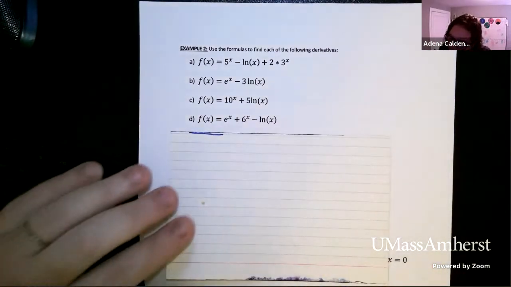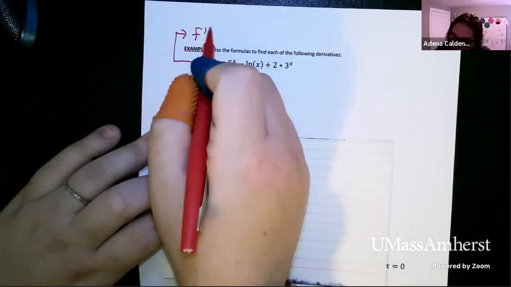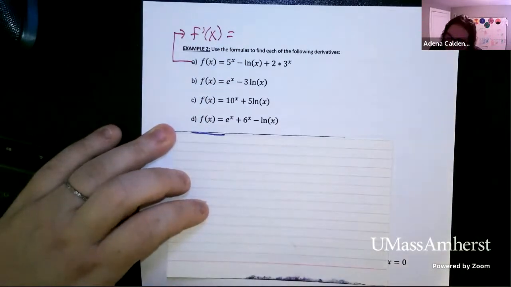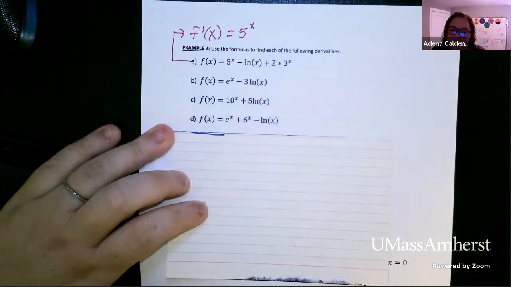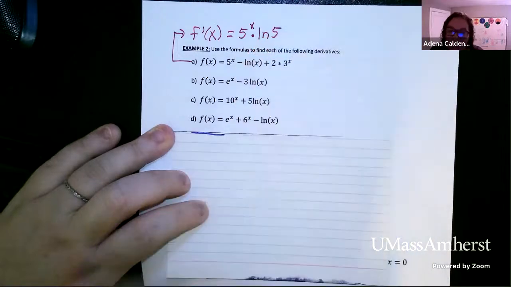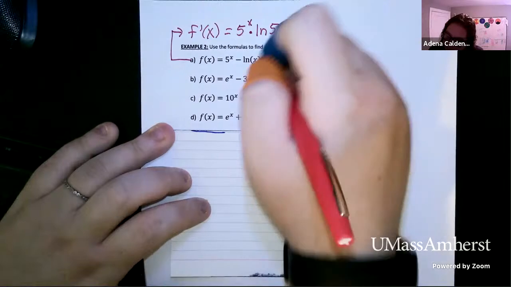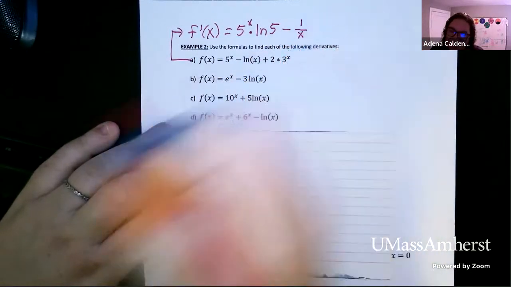All right, so let's go through these. For the first one, if we go term by term, the first term is 5 to the x. This is our new rule. It says we're going to get the same thing back, 5 to the x, times the natural log of the base. So that's our first term, minus, now we take the derivative of the natural log, which is 1 over x,